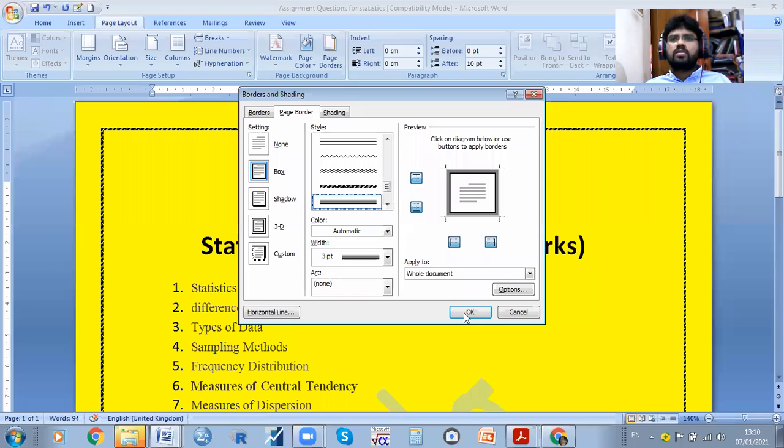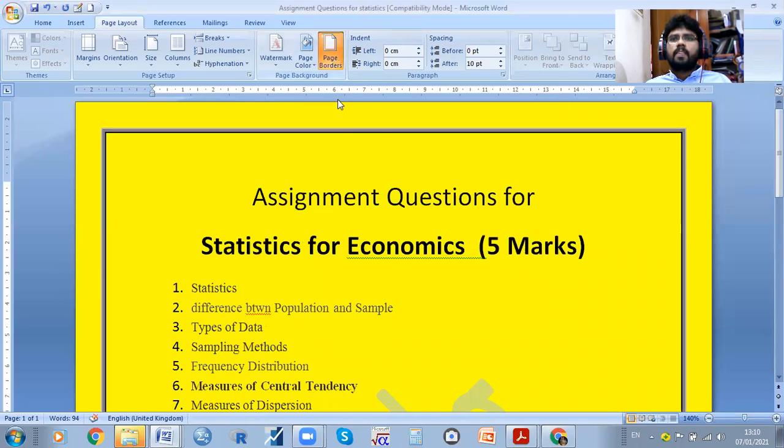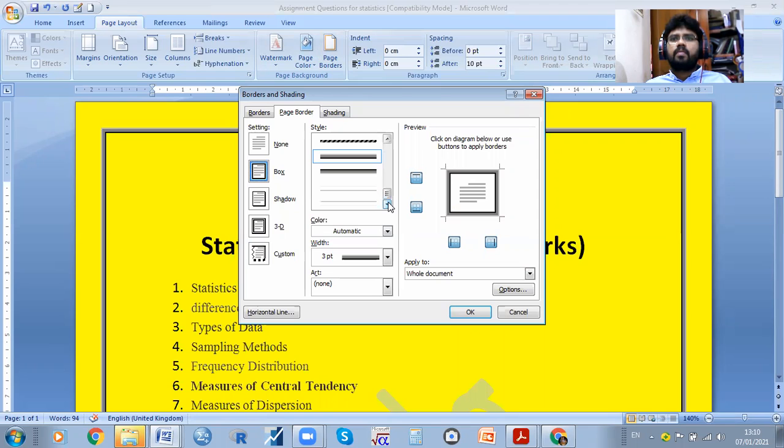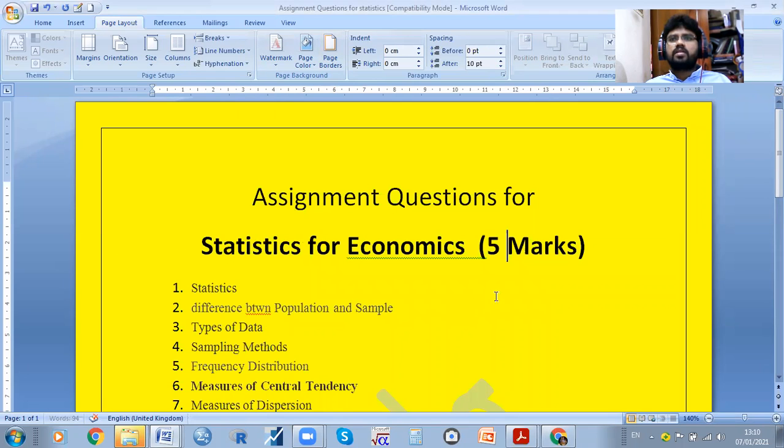Shadows, you can use. If you want to use it like this, you can use only a single line border.